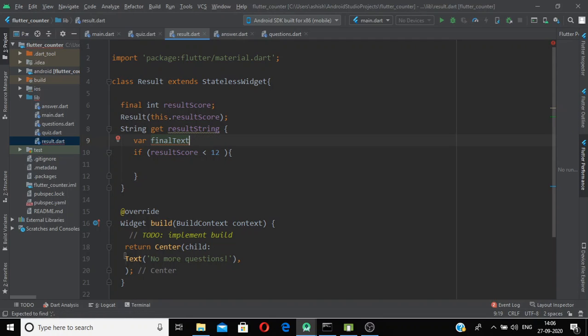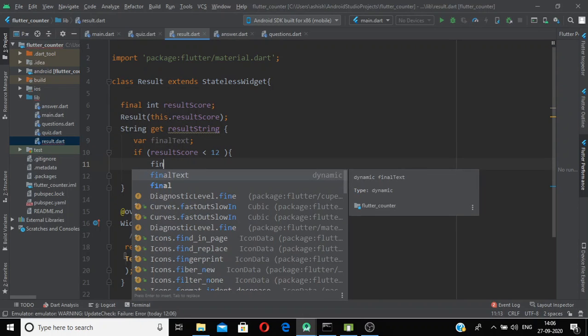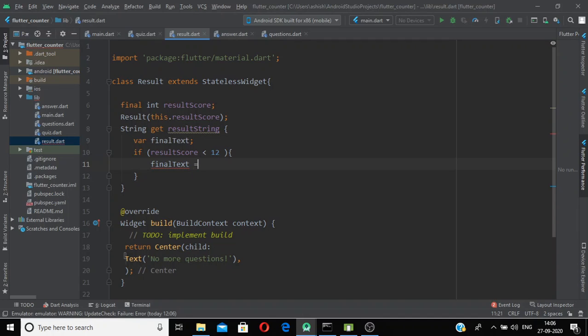And now we will use this final text and update it with